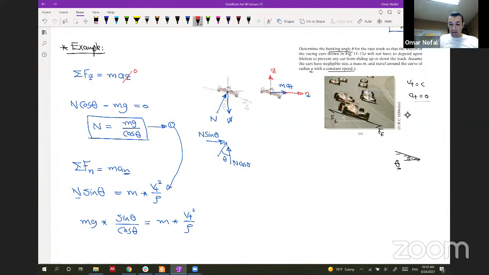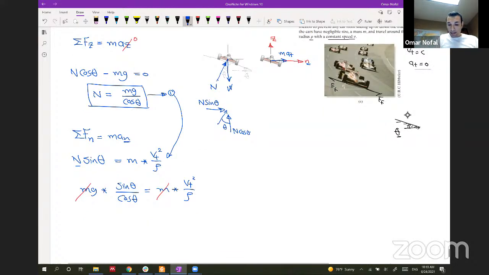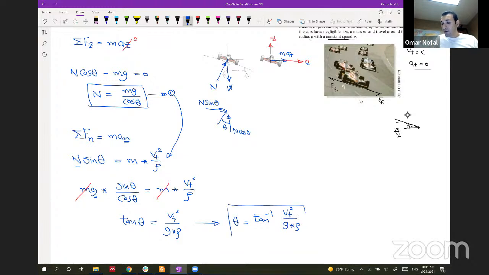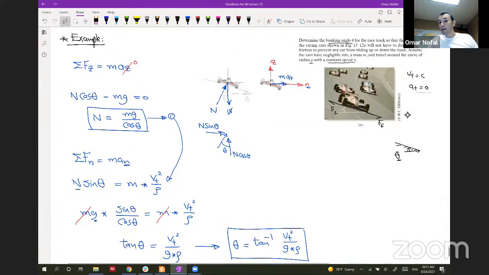We can divide by m, and this is equal to tan theta, so tan theta will be equal to v tangent square over g multiplied by rho. So this will give us that theta should be equal to tan inverse of v tangent square over g multiplied by rho. So it turns out that the embankment, the banking elevation or the super elevation angle theta